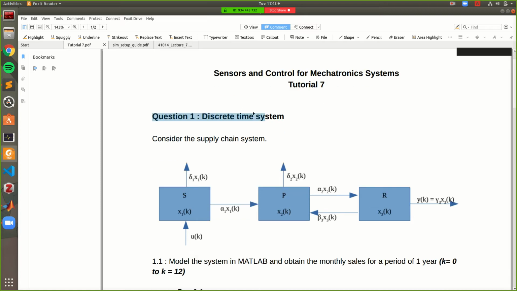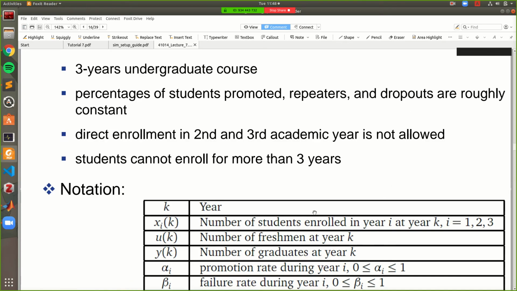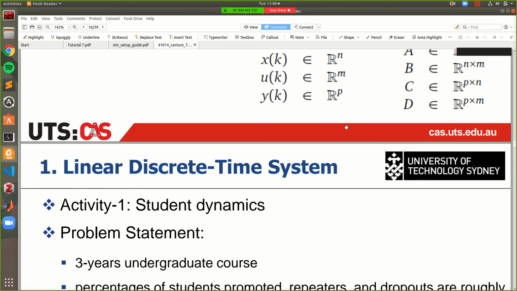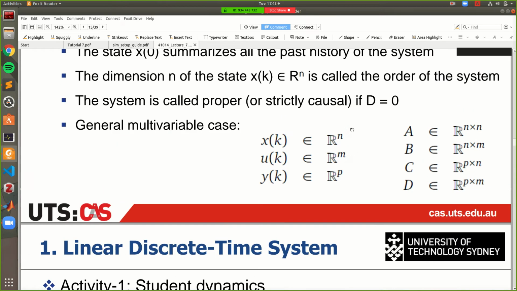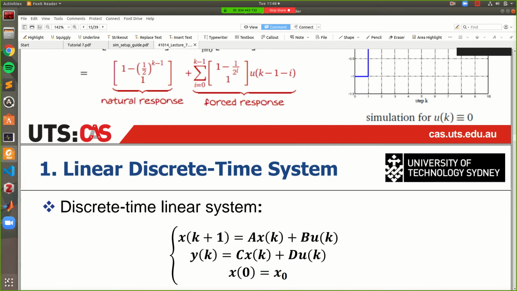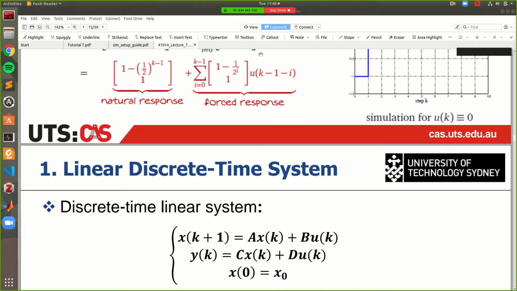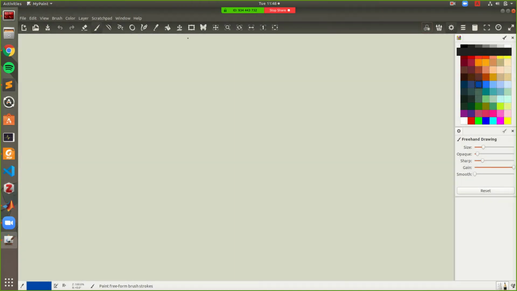So, discrete time systems, just a quick reminder. All this time we've been discussing continuous time systems. Let me draw up a comparison so that everyone can follow. We had continuous time systems, which we discussed up until now, and then we have discrete time systems. Both of these are the linear case.